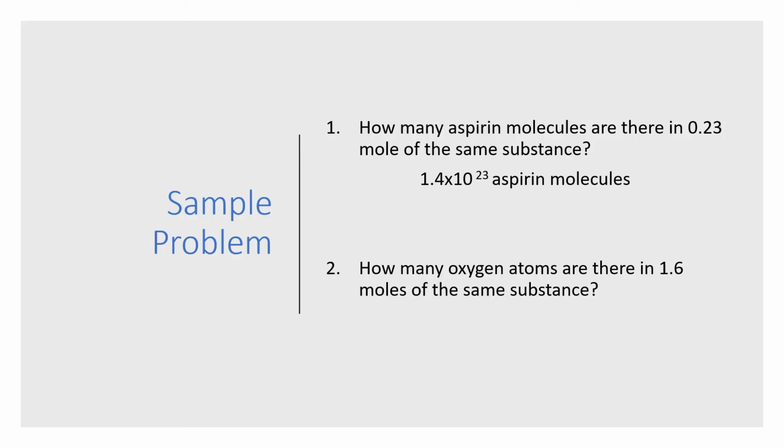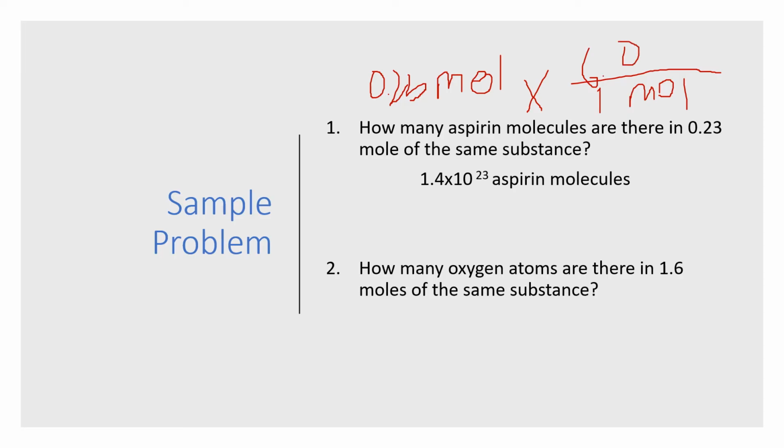Now, paano natin nakuha yan? You have 0.23 moles of the same substance. So, kinuha lang natin 0.23, times, or rather, lagay natin yung unit, mole, times, kunin natin yung conversion factor. Siyempre, ilalagay natin si 1 mole dito sa ilalim. And then, ilalagay natin yung Avogadro's number sa taas. 6.02 times 10 raised to the power of